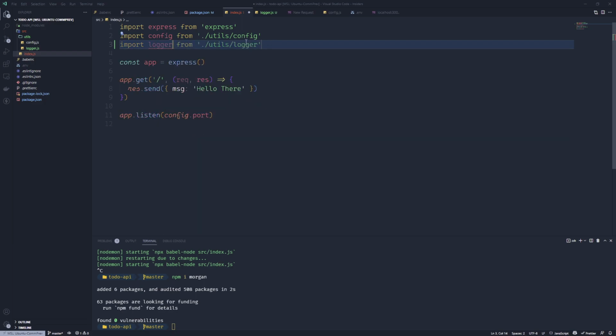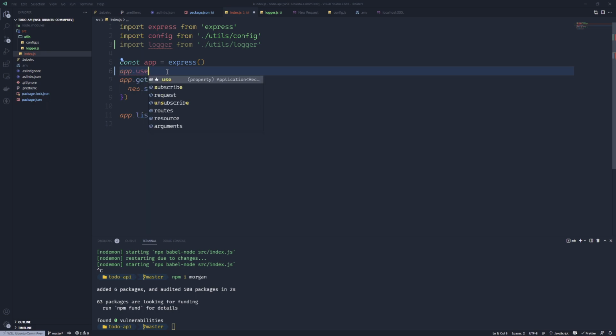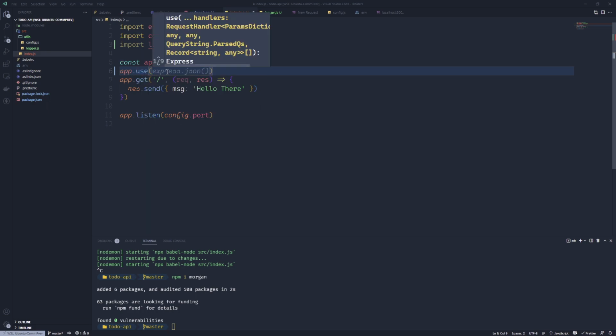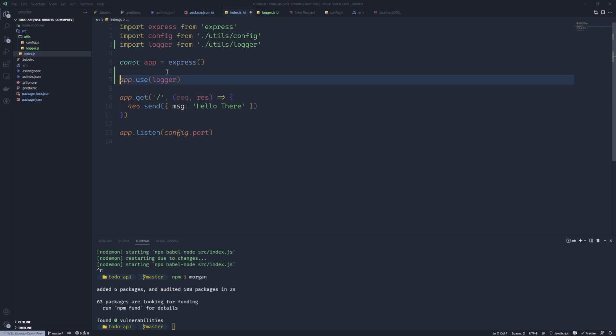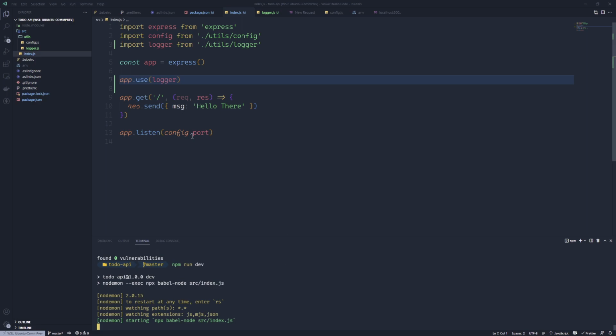logger from our utils logger, and in our application, before every call, we can do app.use, and this is actually called a middleware, and we're going to use the logger that we just imported. That will allow us to do npm run dev. And the pretty cool thing about this logger is that every time